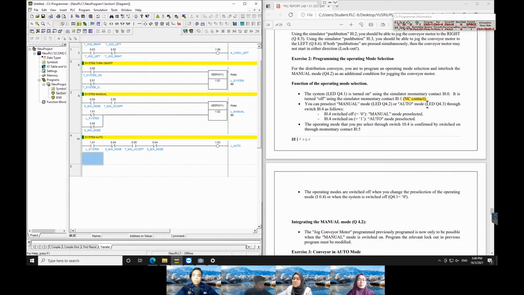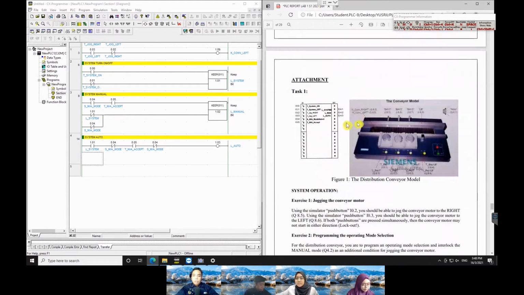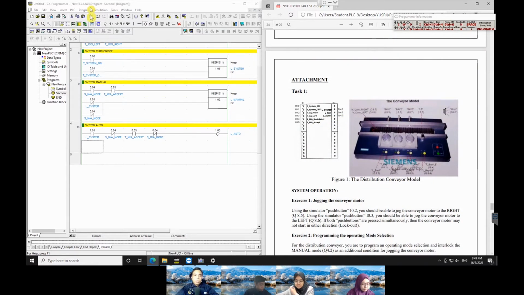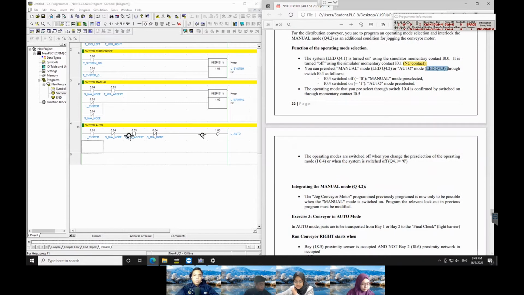Because the question given is LED Q4.0, but we use 1.03 because at the question is 1.03. Okay, so we must put the system for closed system auto only. We must put this L auto, and then 1.03 at